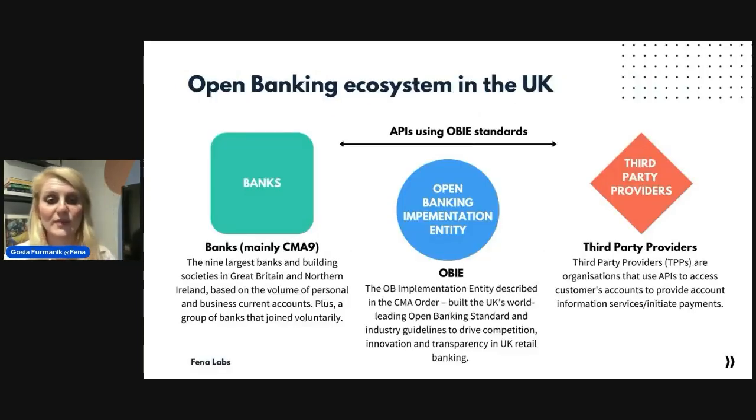Let's jump straight into the open banking ecosystem in the UK, because that sets the scene quite nicely for how the whole framework works, who is in charge, and what stakeholders are involved. At the very core of the open banking ecosystem in the UK is the Open Banking Implementation Entity. It's a body that was tasked to set standards and work together with banks, mainly the CMA 9. Those are the 9 biggest banking groups in the UK, to set up API standards for third-party providers, namely your fintech and technology businesses, to access data and payment rails in a secure, safe, and seamless way.